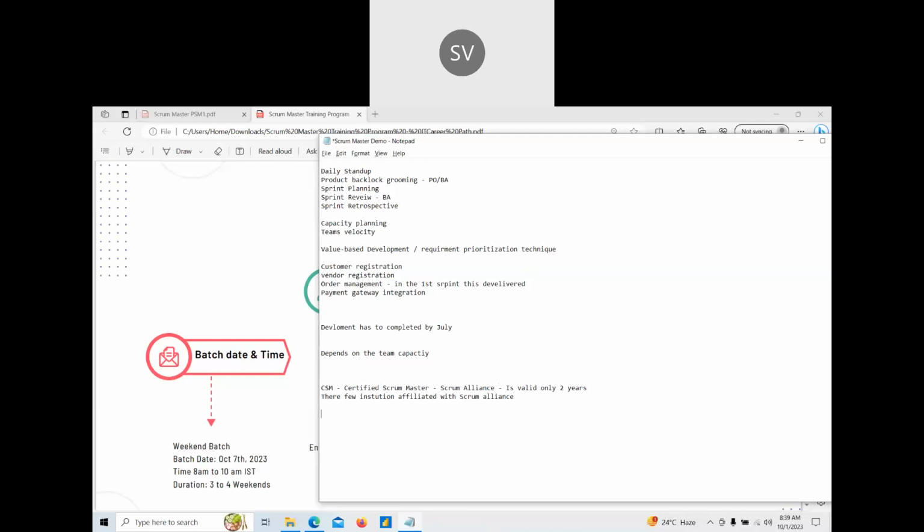The second certificate is PSM, Professional Scrum Master. This is provided by scrum.org, another board of Scrum Masters who provide certification. It is not mandatory that you take a training.